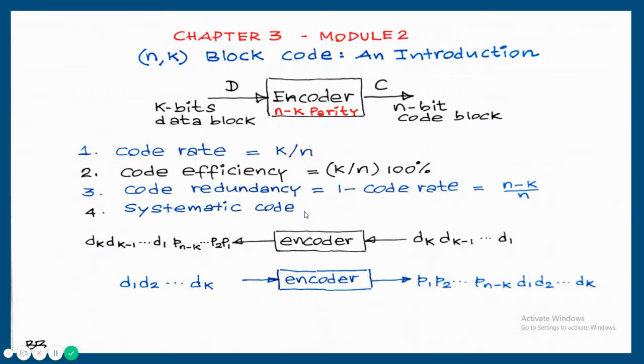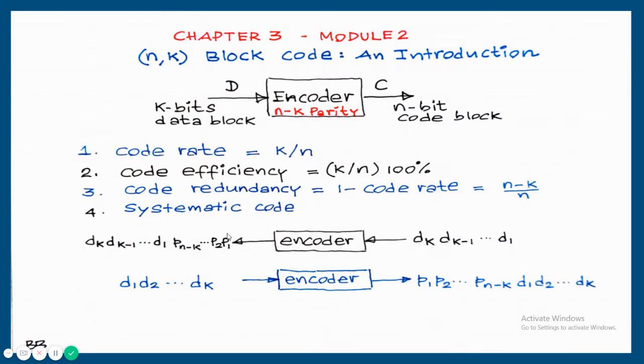Always, in the transmitted code of n bits, k bits are always data bits and n minus k bits are parity bits with fixed positions. Then it is systematic. But the most common transmission technique is that the first k bits are data bits. The bits we are transmitting first are known as header bits. The bits we are transmitting last, which are always parity bits, are known as trailer bits. So header bits are data bits and trailer bits are parity bits. Code is always systematic.